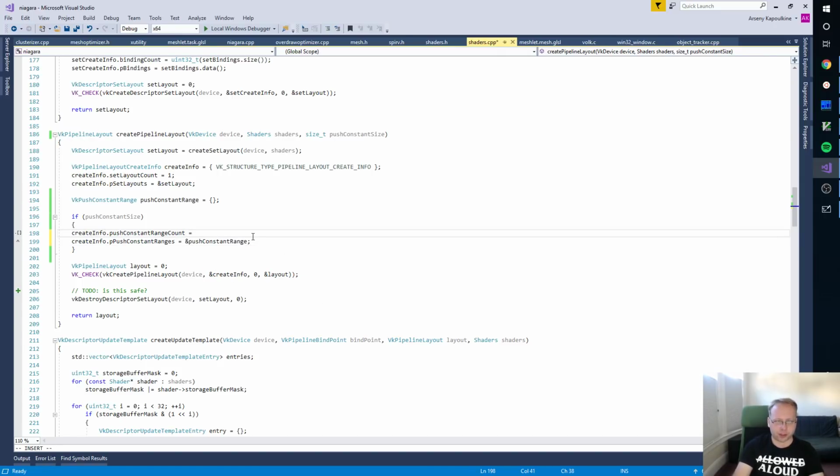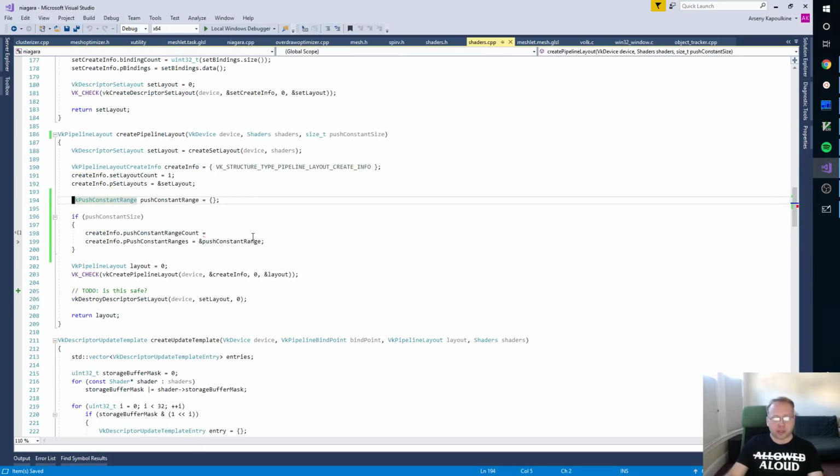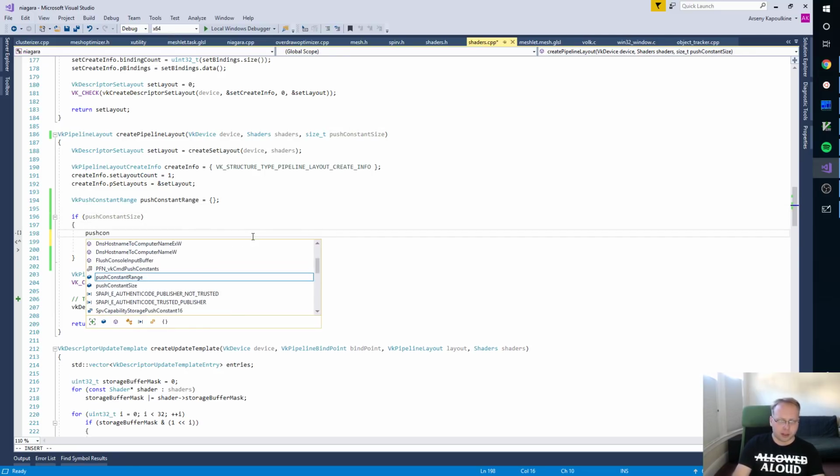So you have to tell the driver ahead of time when you create the layout what stages use the constants, and also what's the offset inside the constant blob that is used by this stage. For example, if you have like a 32-byte constant blob, but the first 16 bytes are only used by the vertex stage, you can say this. It helps for performance, but it's painful to do this and maintain this. I don't want to be doing that for now. If one day we determine that it's important for performance, we'll do that. For now though,